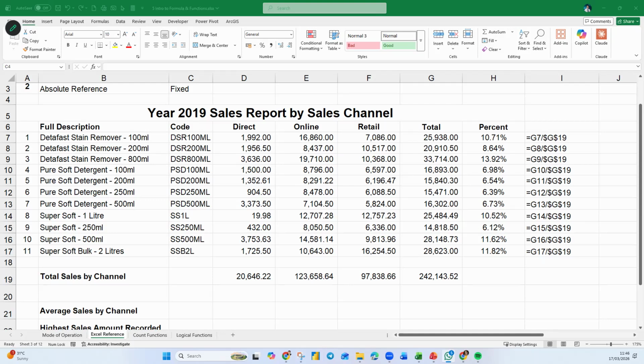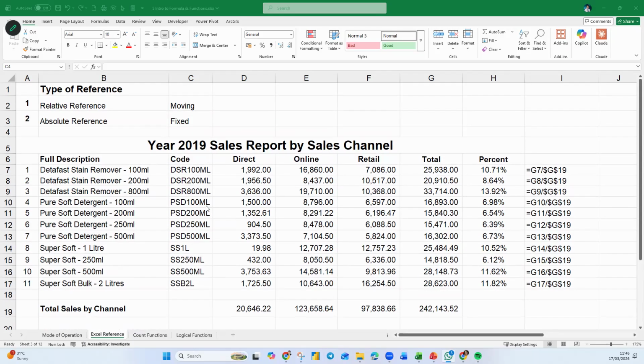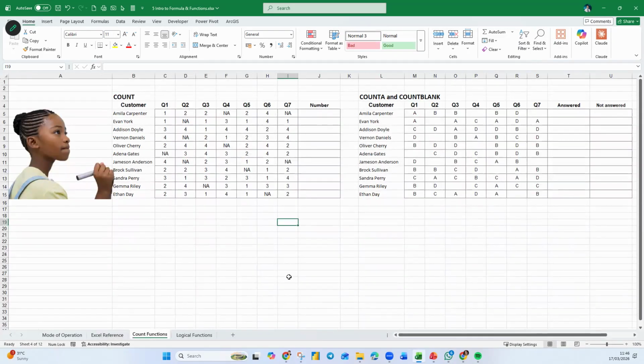Any question, people? So you understand. Now, I didn't go in depth. If it's a full day class, I will give you more examples and so on, but now I only have 10 minutes left. So I'm going to move on already. Okay, so let's move on to the count function.